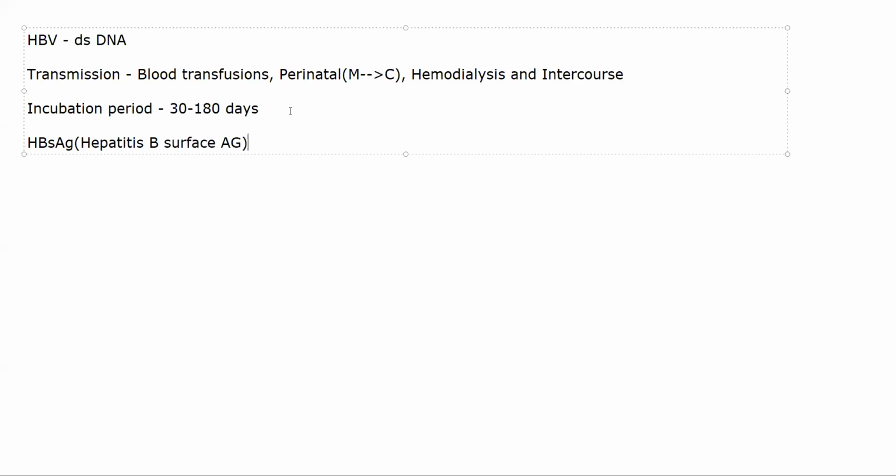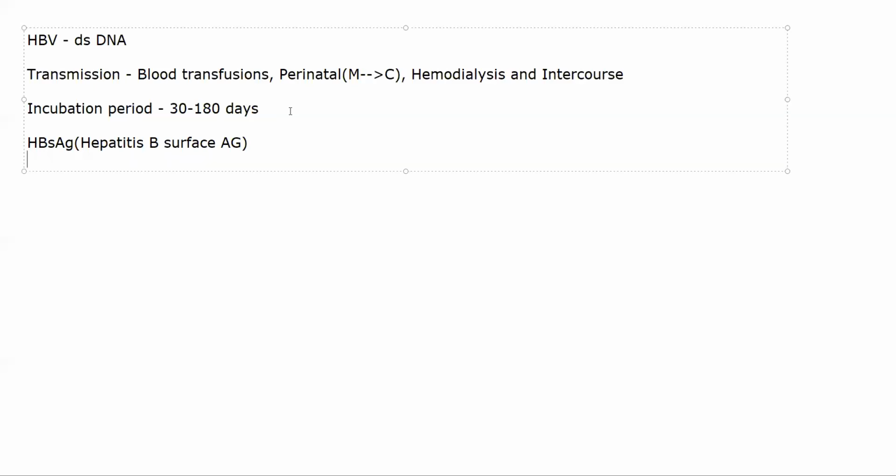This is something that is derived from the capsular protein. That is why it is called a surface antigen. This will generally appear after 6 weeks. Once infection has occurred, after 6 weeks of infection, that is when the person will start active infection, once they have started showing symptoms and the incubation period is over. After 6 weeks of active infection, that is when you will start seeing surface antigen, and it can persist somewhere around 3 to 6 months, and after that it will disappear.